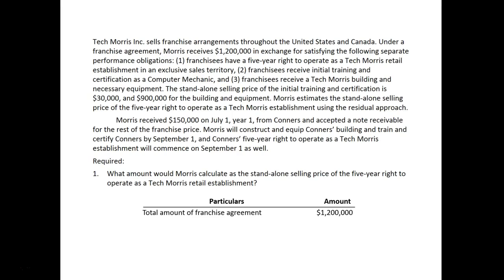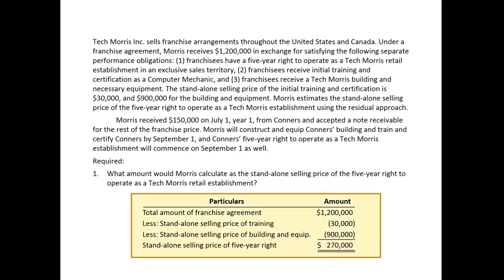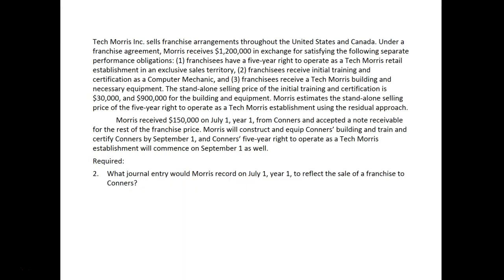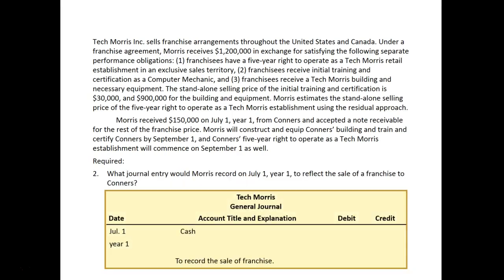Well, the total franchise agreement is $1,200,000. We know the standalone selling price of training is $30,000, and the standalone selling price of the building and equipment is $900,000. So then the standalone selling price of that right for 5 years is $270,000. So the journal entry to record would be a cash for $150,000, a note receivable for the remaining, and we would credit deferred revenue for